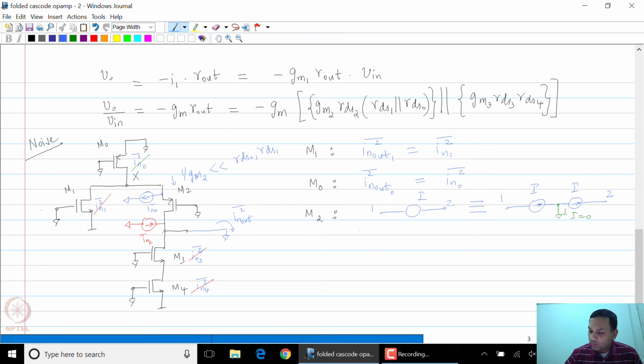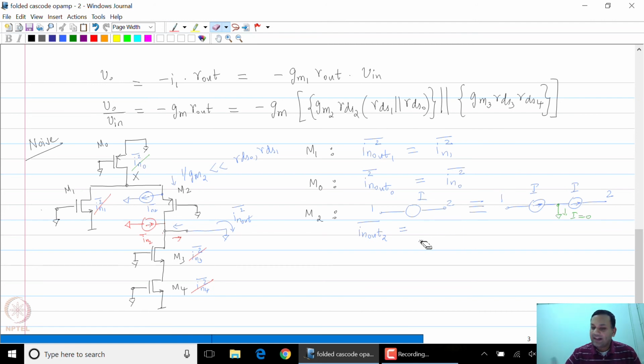So the component, IN out 2, I am still following the root mean squared value, will have a component being pulled out, and I am going to call that IN21, and that is being pulled out. What about the red color current source? So that current source has two paths to travel. One is looking up at the drain of M2. The other is through the short circuit. Clearly this current is again going to flow through this,